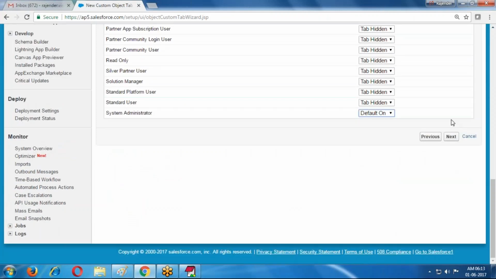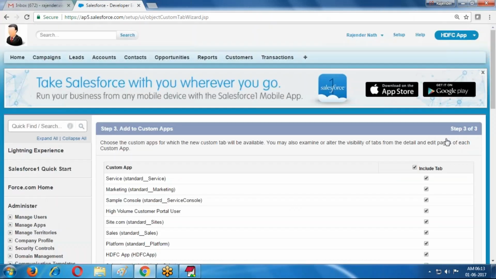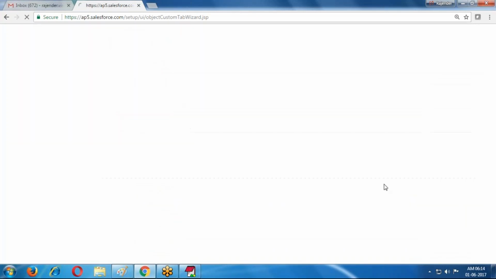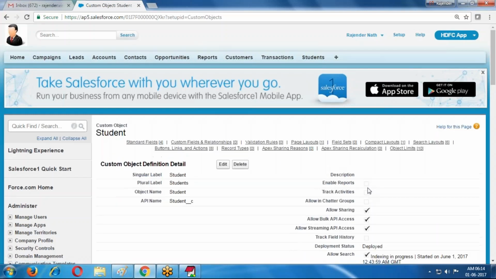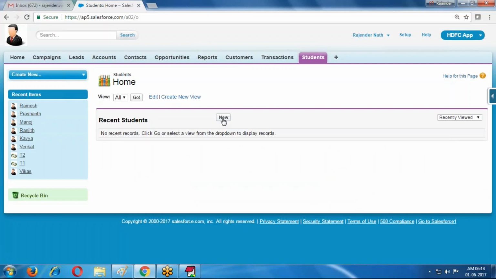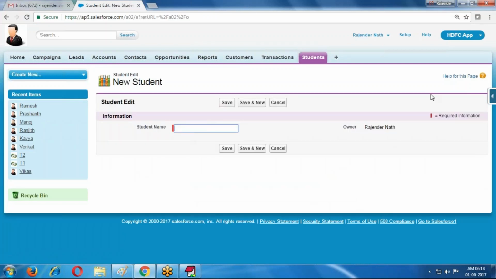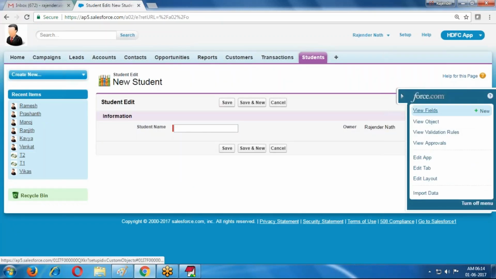In this object I'm creating some fields. New custom fields I'm creating.